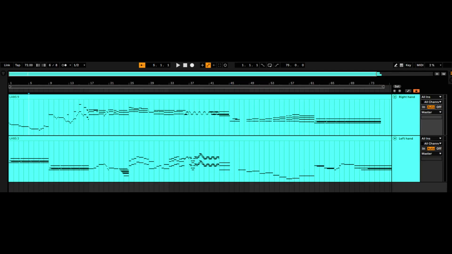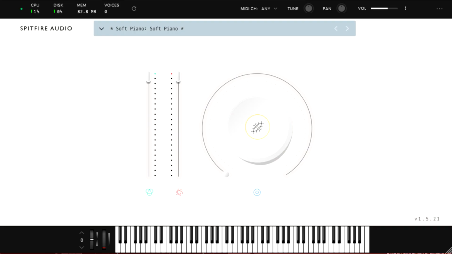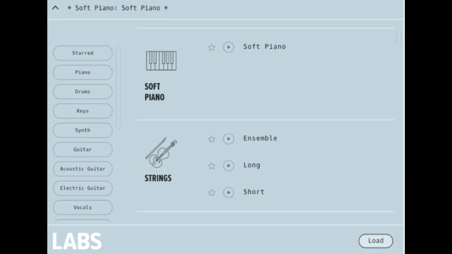Anyway, while I was doing this thing, I also finished the piece. I threw it up in Ableton and used a piano sound from the free stuff that you get from Spitfire. If you want free libraries that are not the greatest thing in the world, but are pretty good for being free, you can try the LABS. That's pretty cool. I'm rambling at this point, but yeah, we got a piece, and it's finished.